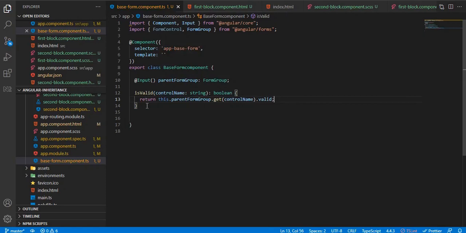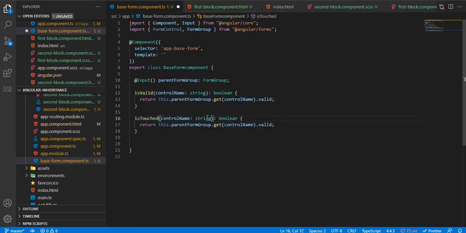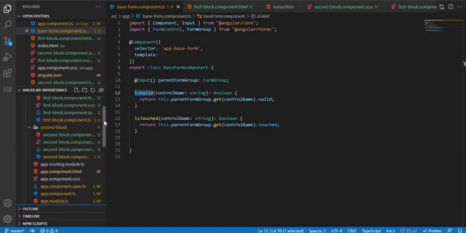So this is one function which we have created. Similarly, we can have isTouched, which takes in the same control name and returns the touched value here. Now what we'll do is we'll use this isValid in the first and the second block.